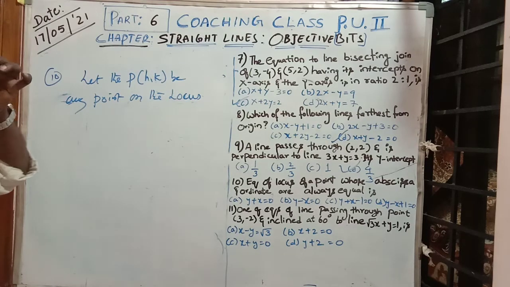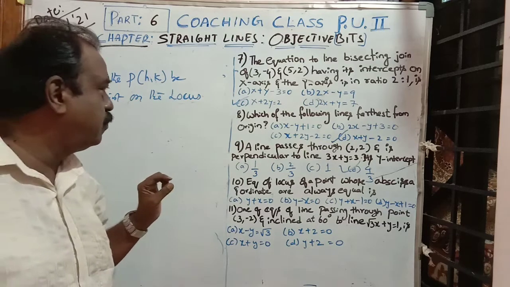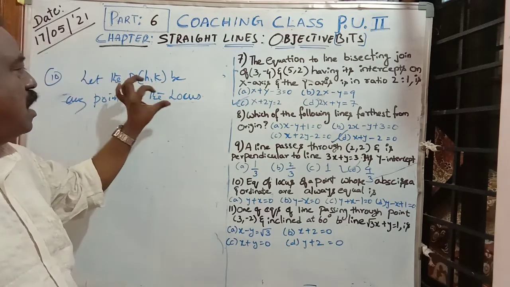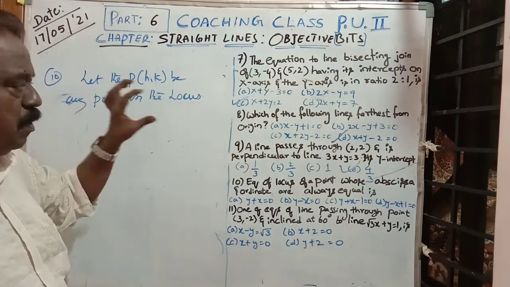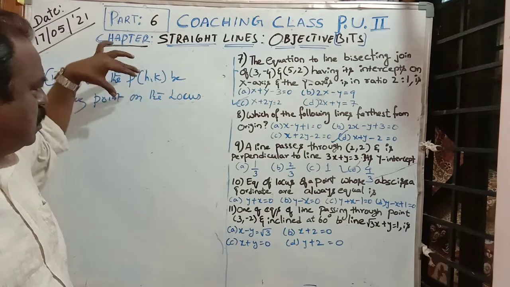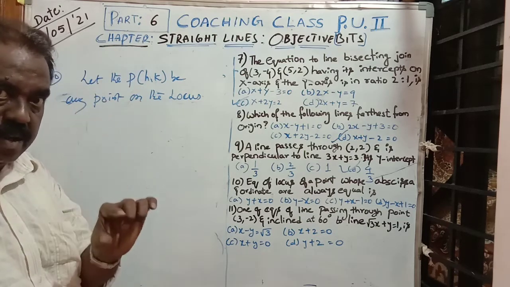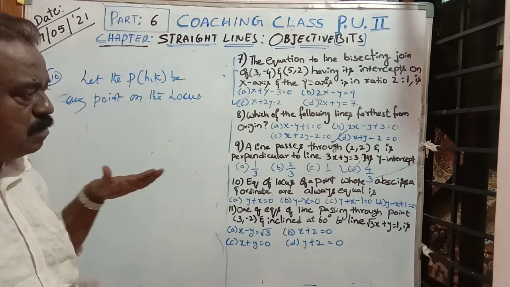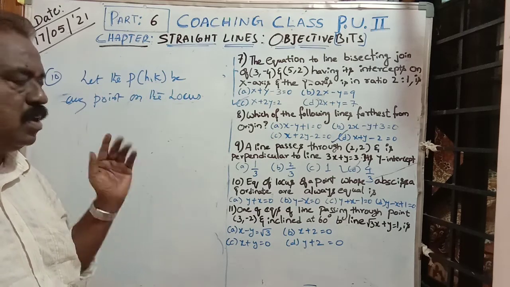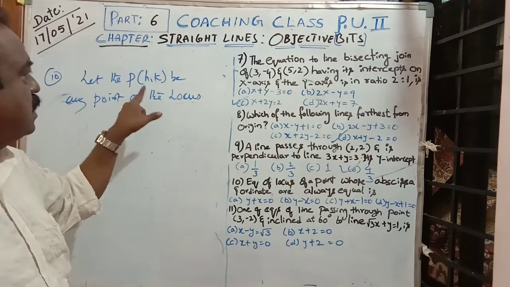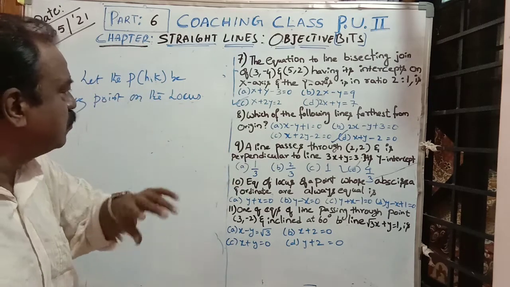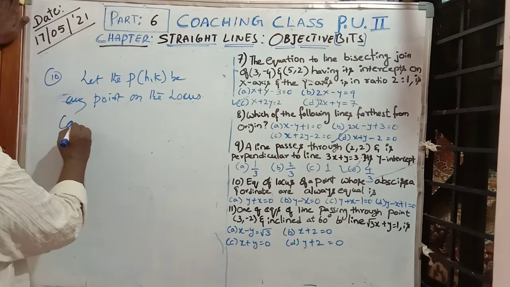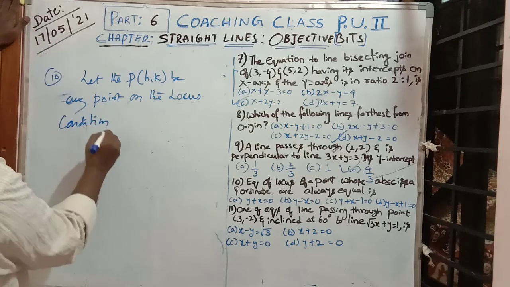Locus means a curve. On that curve the point P is any point. It is moving. Locus means a different concept. Locus means it is a set of points. It is a curve. You take any point on that curve that satisfies the condition. What is the condition? Here the condition is